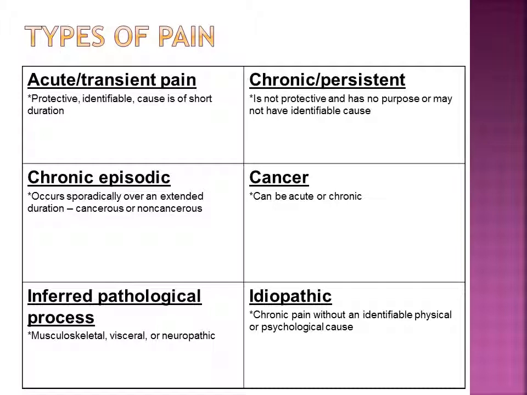Chronic episodic pain would be something like arthritis, headache, low back pain, or peripheral neuropathy. It's usually non-life-threatening, and it leads to psychological depression. It is unfortunately a major cause of disability. Cancer pain is usually caused by tumor progression and related pathological processes, invasive procedures, toxicities of treatment, infection, and physical limitations. And inferred pathological process is abnormal or damaged pain nerves.